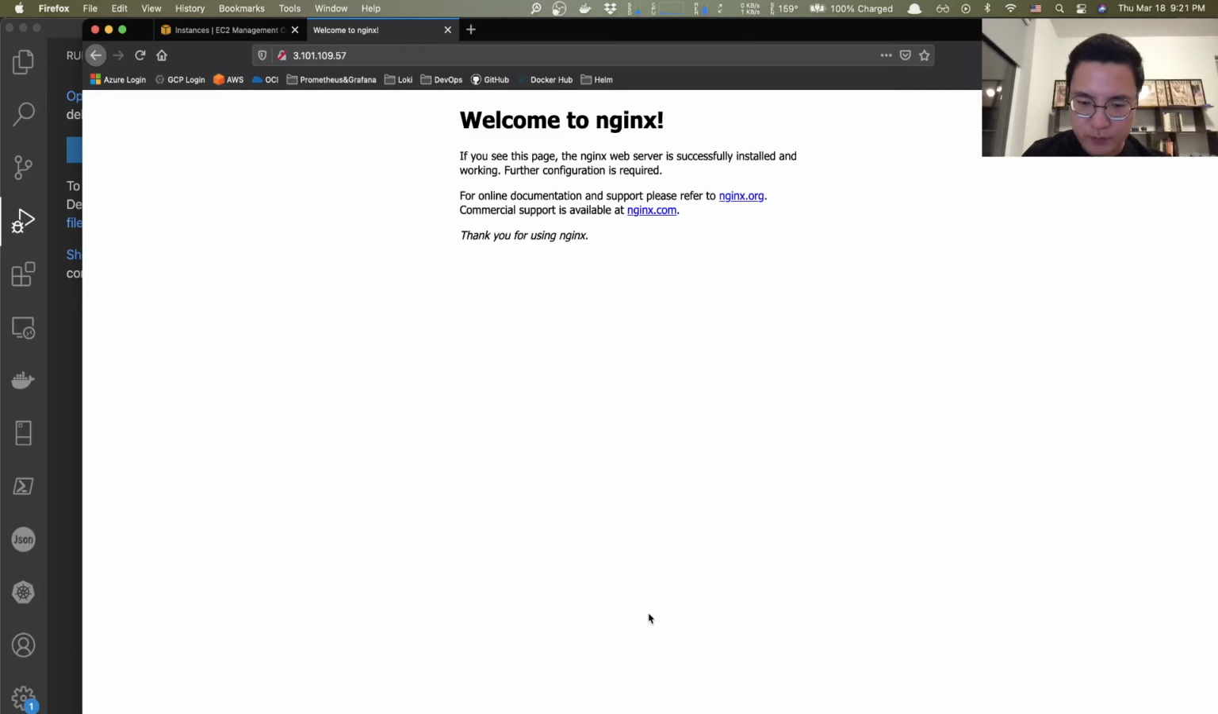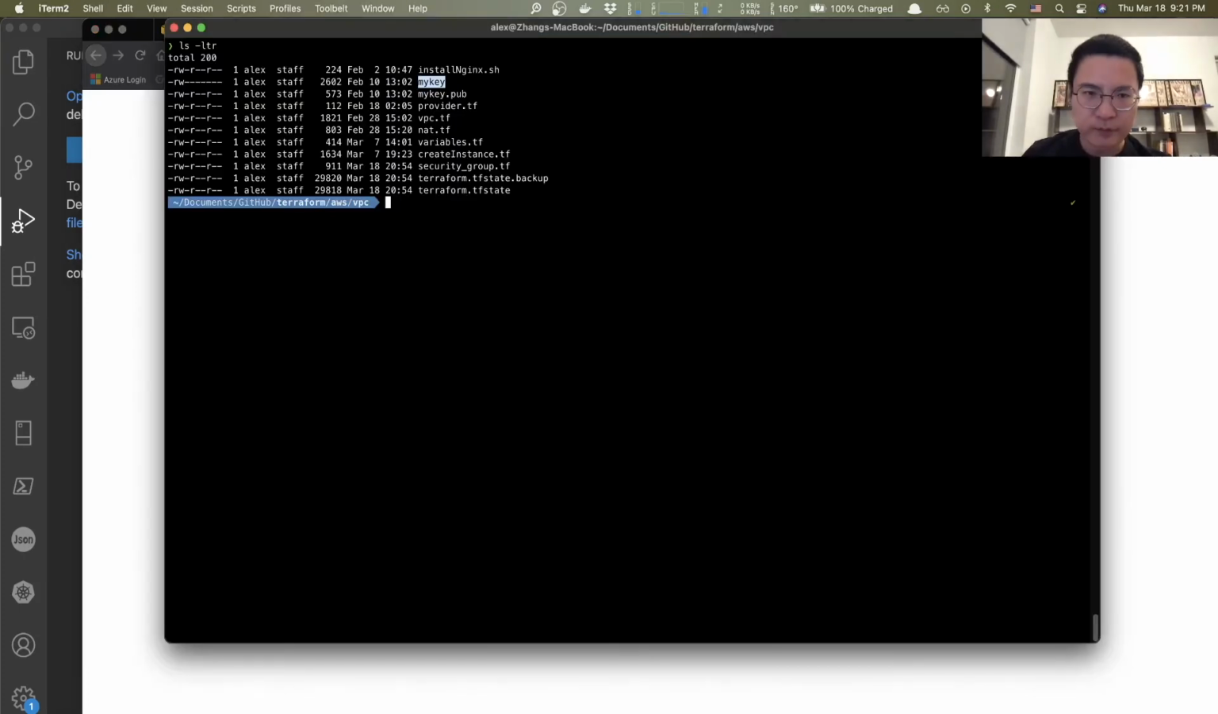So let's jump to my terminal, and here I'm in the directory where I store my public and private key. So let's firstly issue ssh-add to add my private key here, hit enter. So now let's SSH to instance 1 by issuing